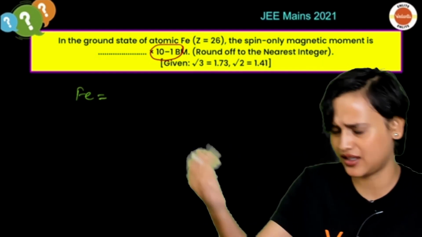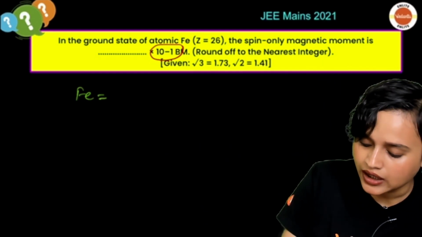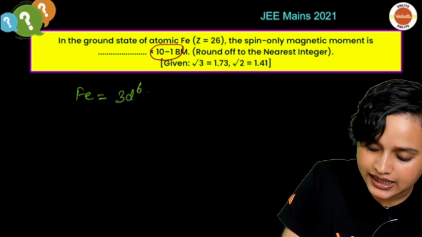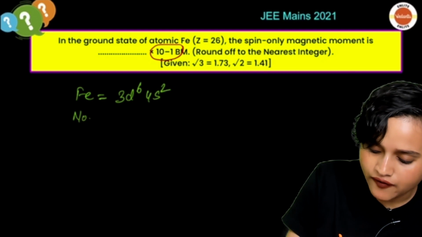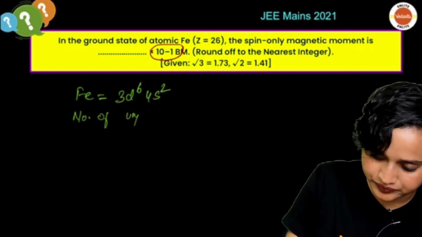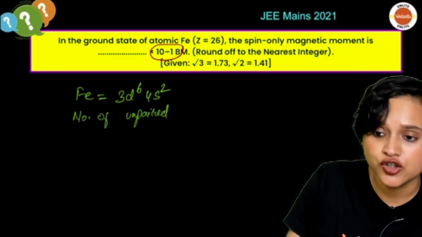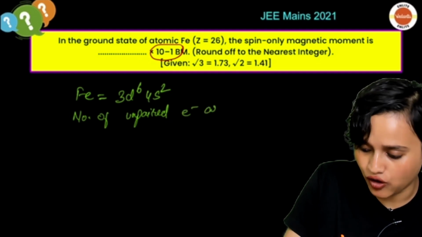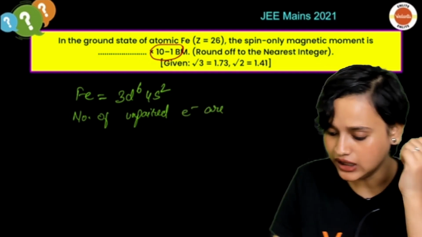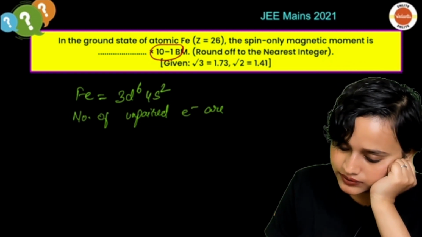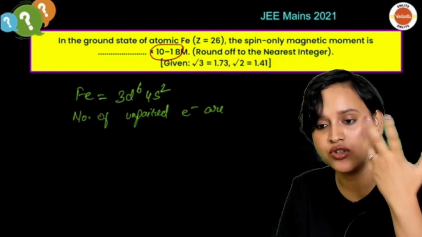It will be 3d6 4s2. Am I right? Yes. So the number of unpaired electrons in the ground state will be